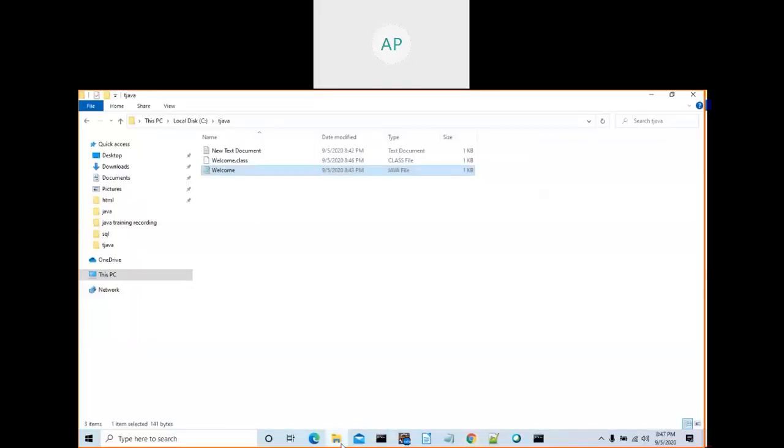C colon, right? If you go and see here, there is a .class file. This is the compiled file, and after that you can run. After you compile, the name is the same. See here, Java file, class file. When you compile this Java file, it creates a class file. The class file contains the instructions, and during runtime your JVM will run the class file after converting the bytecode into instructions.